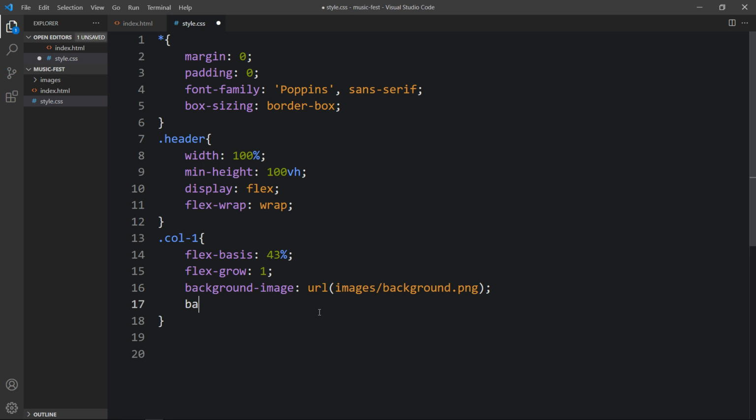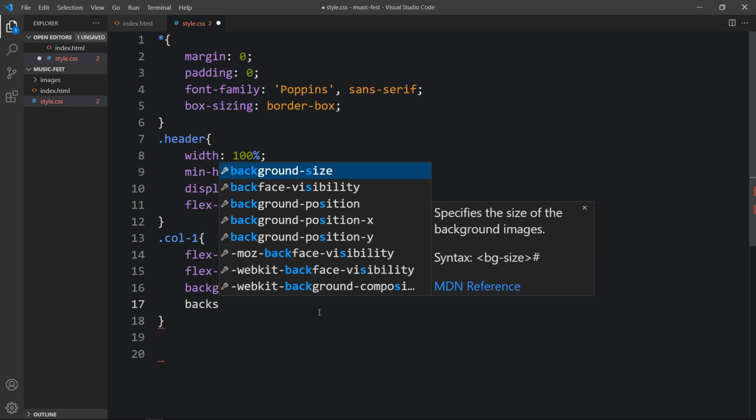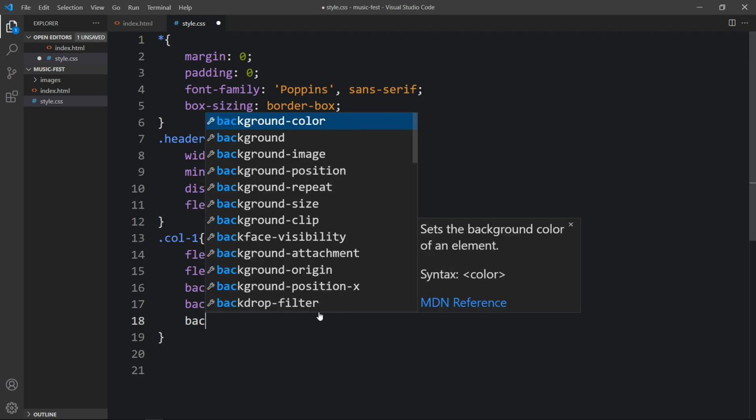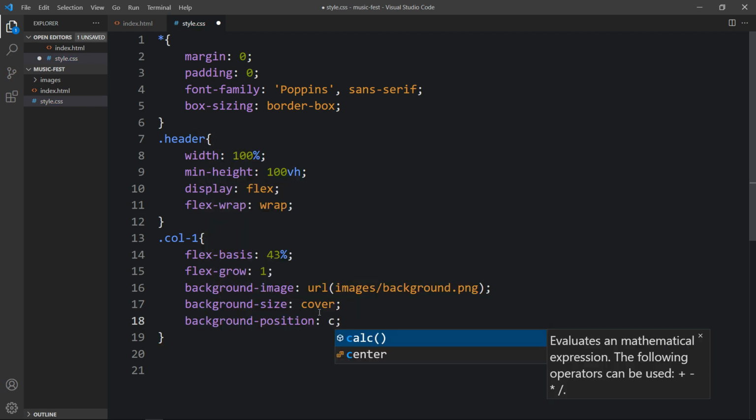Next we will add the background size. Background size will be cover, and after that we will add the background position. It is center,